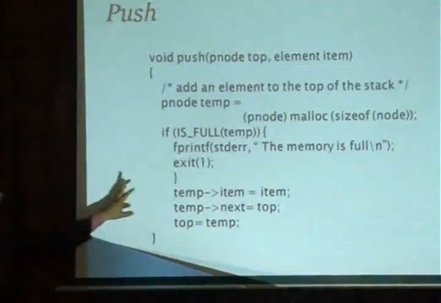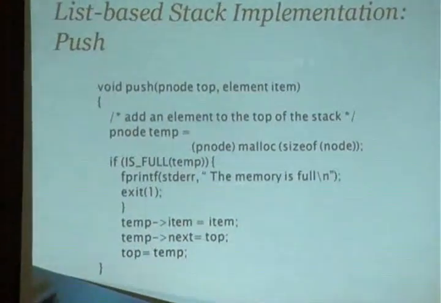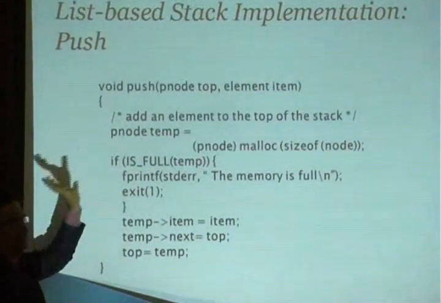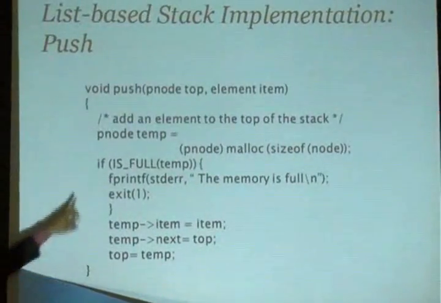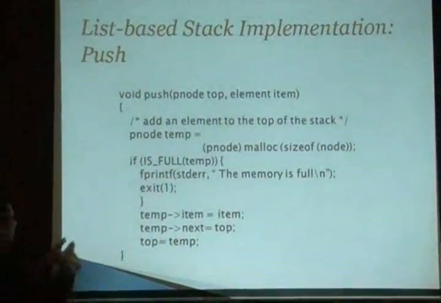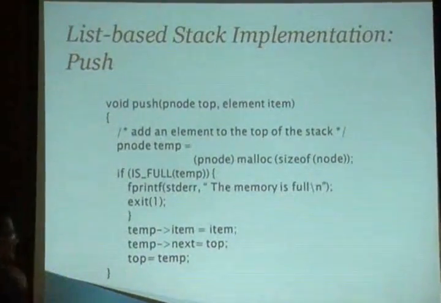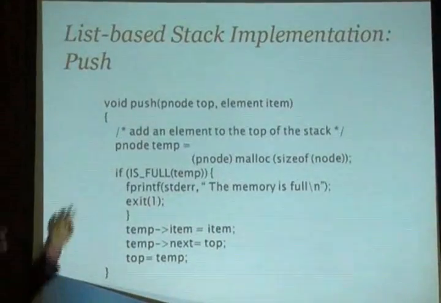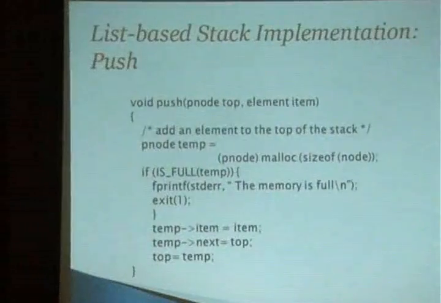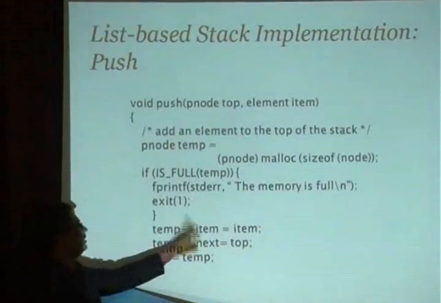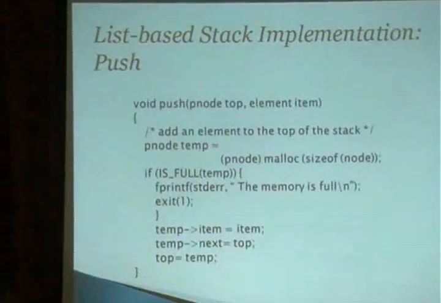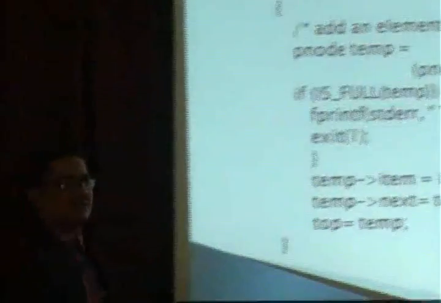Whenever there is no space in the memory, then that condition will be true. Otherwise, a node is created. During the memory allocation process, when a node is created, I take that node as a temp node. The node consists of two locations: one is item and another one is next. In the item, I would store